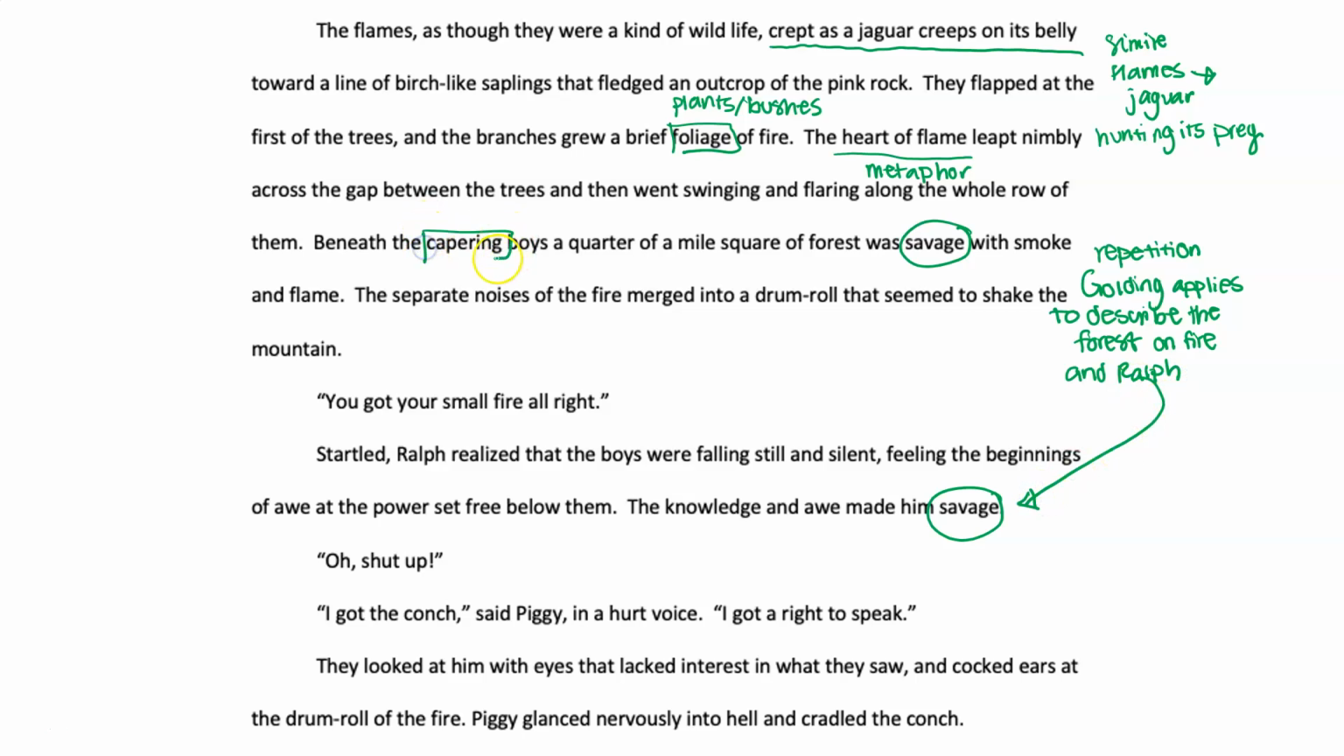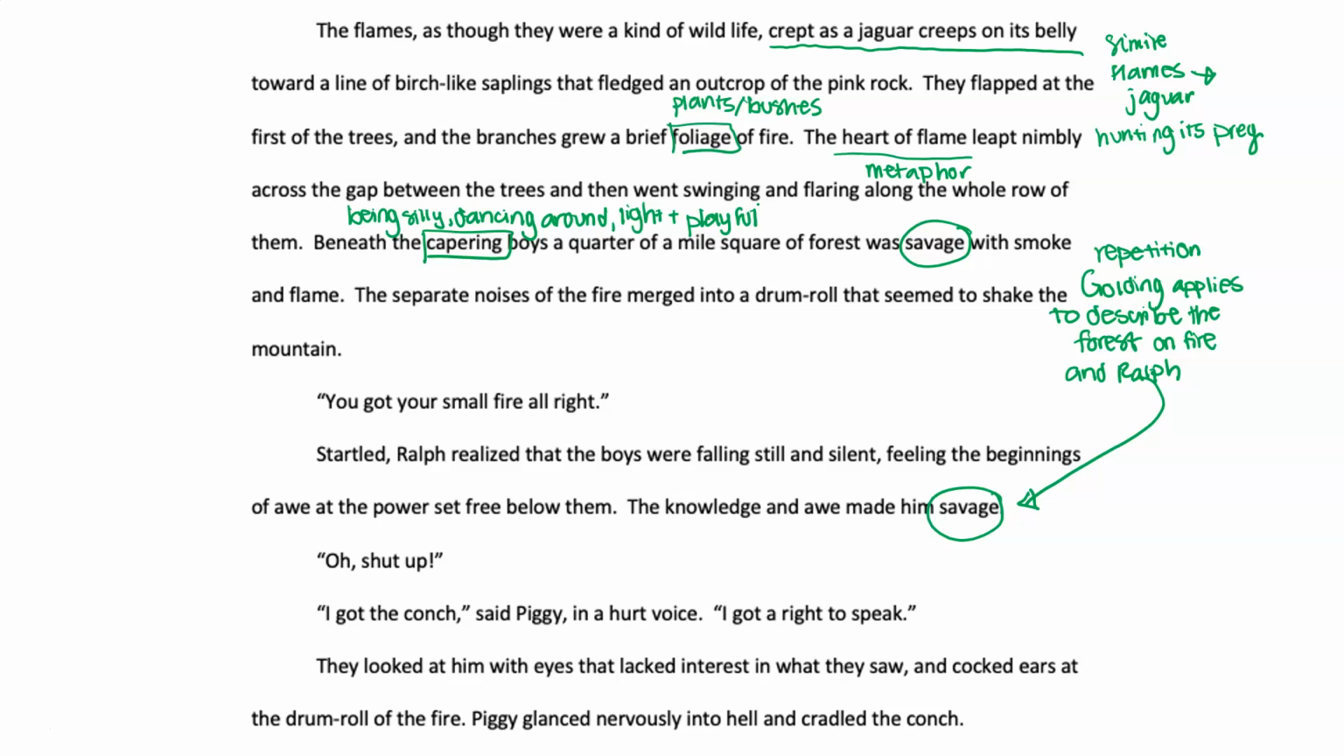Capering is like being goofy, silly, dancing around. Kind of light and playful, which is interesting because the boys are doing that, but below them, they've set the